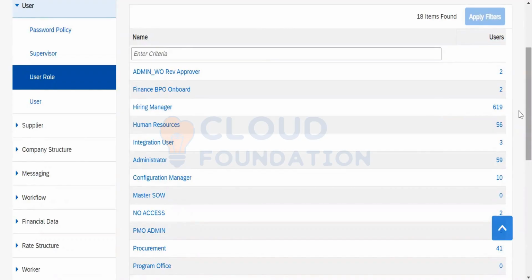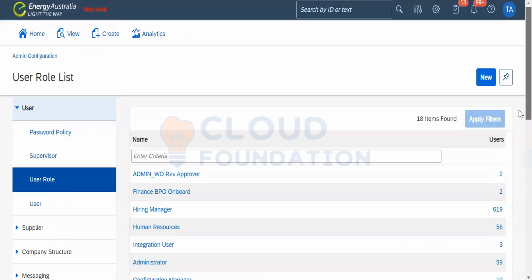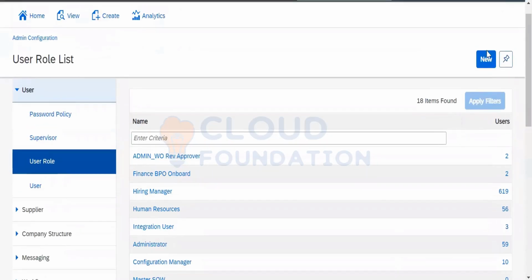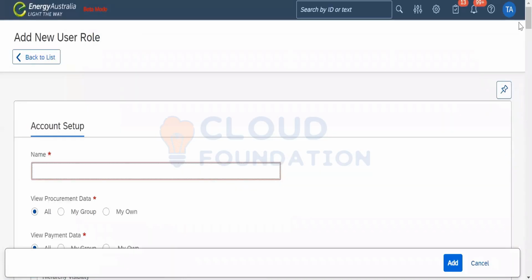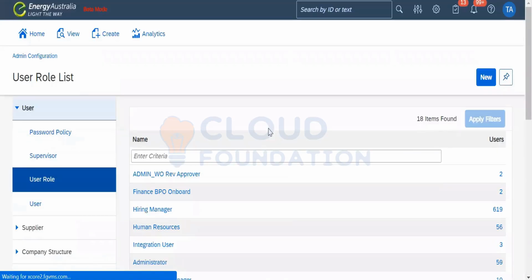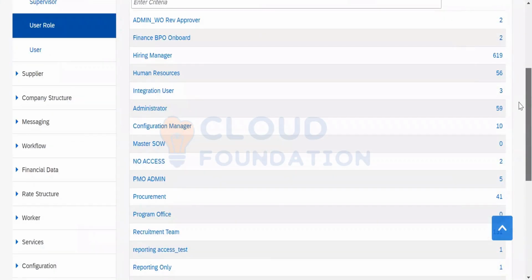Coming to Fieldglass, these are the complete set of roles. The roles are created here. For example, if I go through the list of users that's already there, we see numerous roles here.